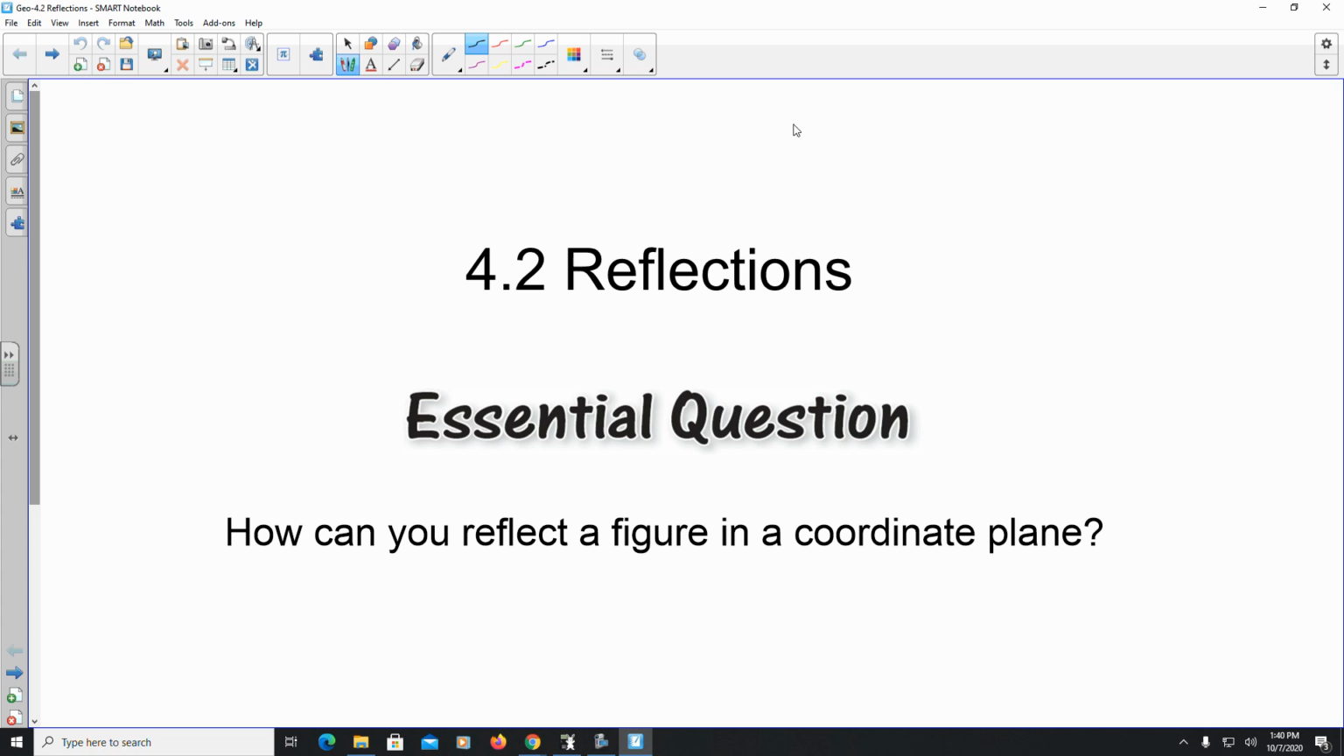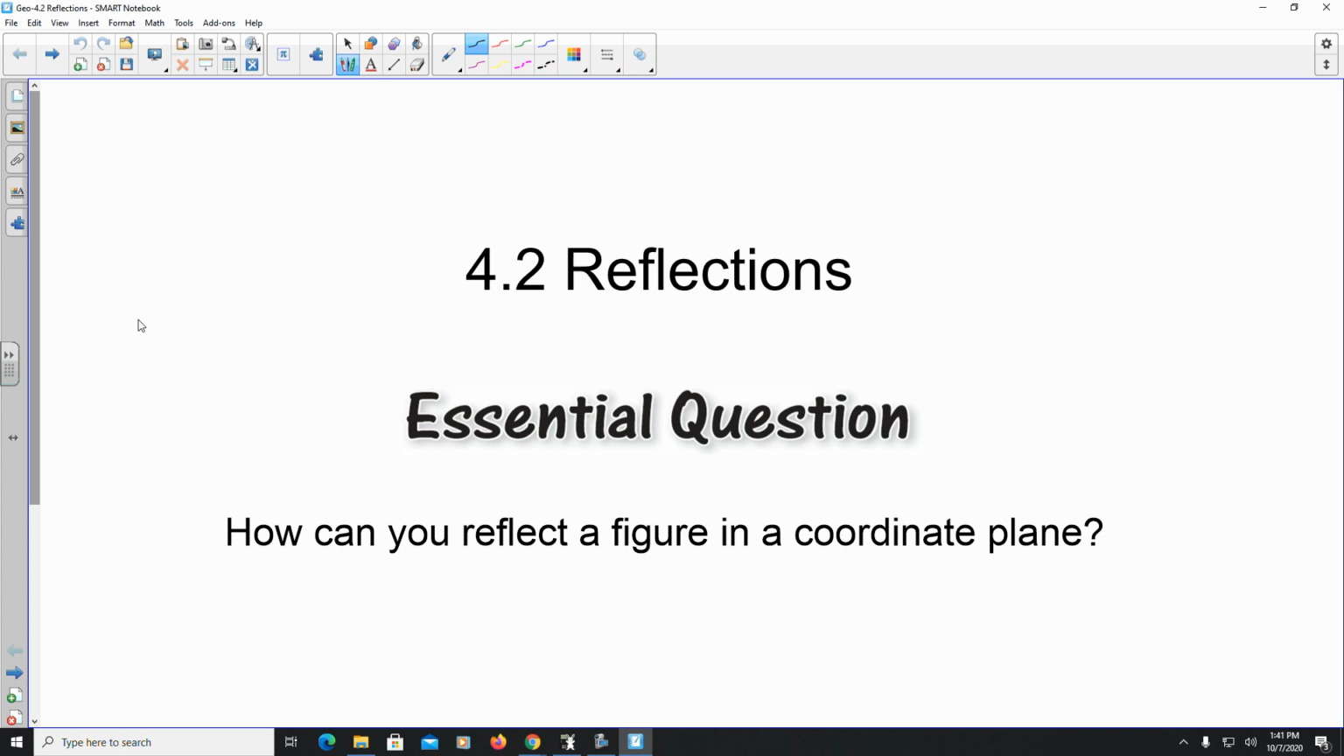In this lesson, we'll be looking at section 4.2, where we're going to be covering reflections. More specifically, we're looking at reflections with respect to a coordinate plane. One of the questions that we're going to have to answer is, how can we reflect a figure in a coordinate plane? Well,